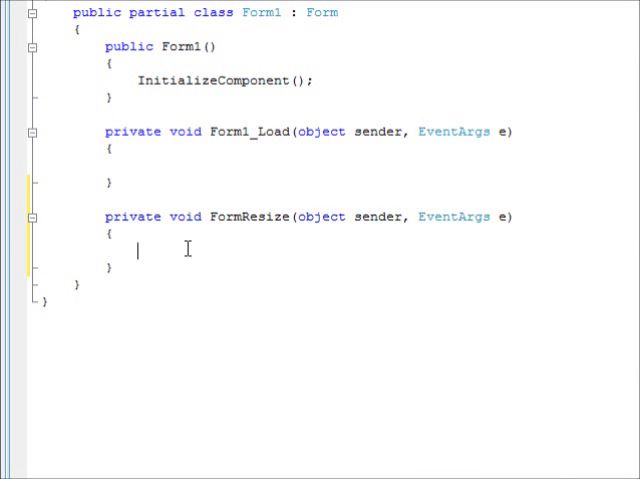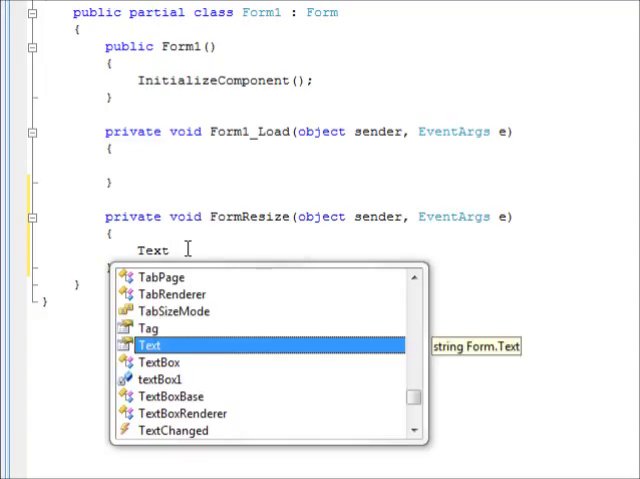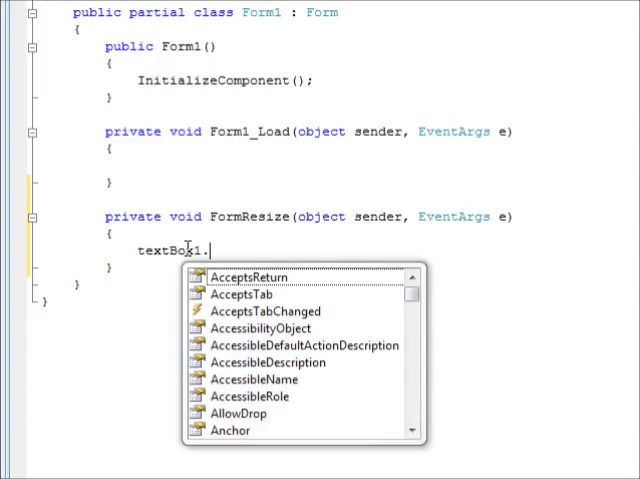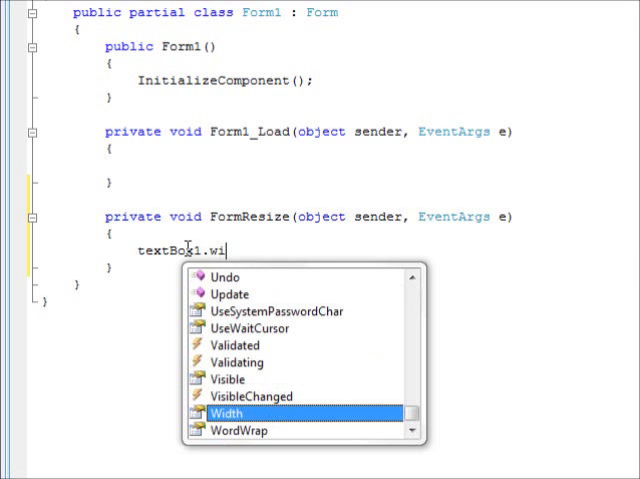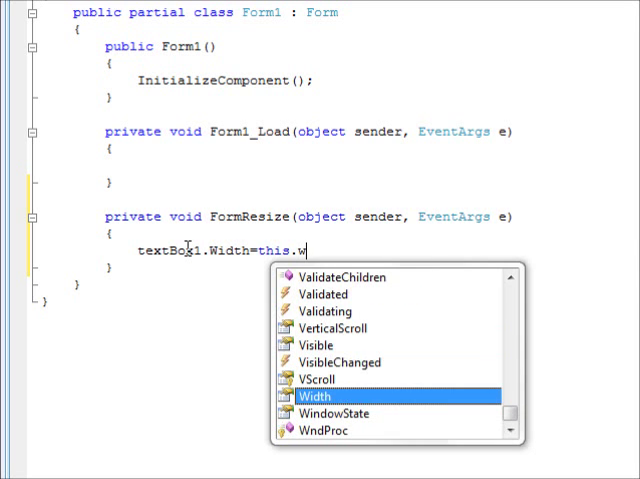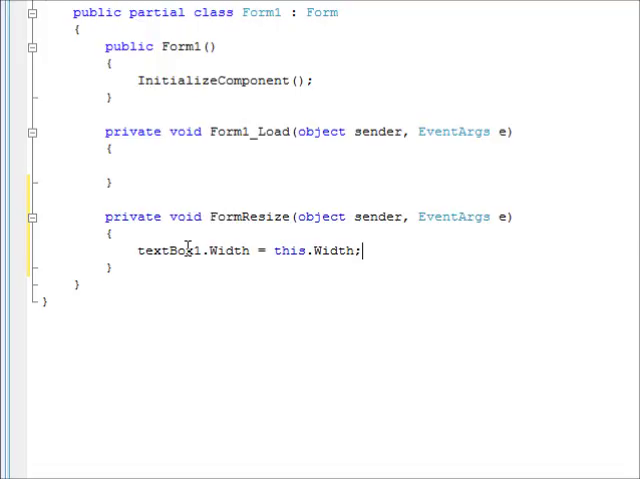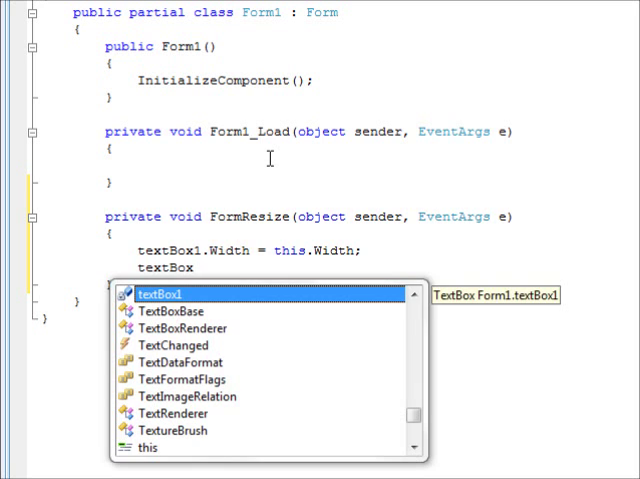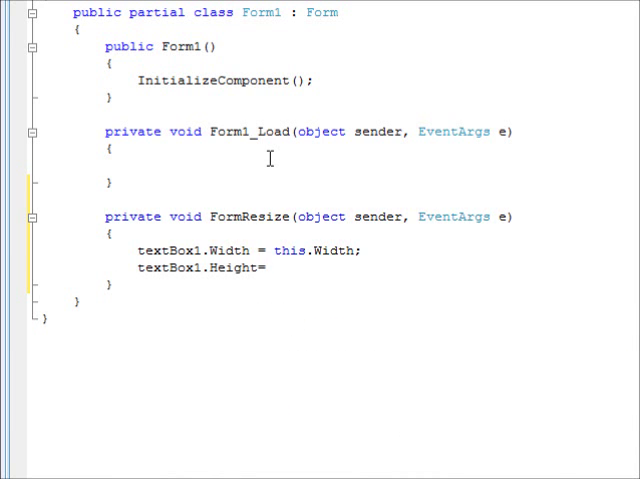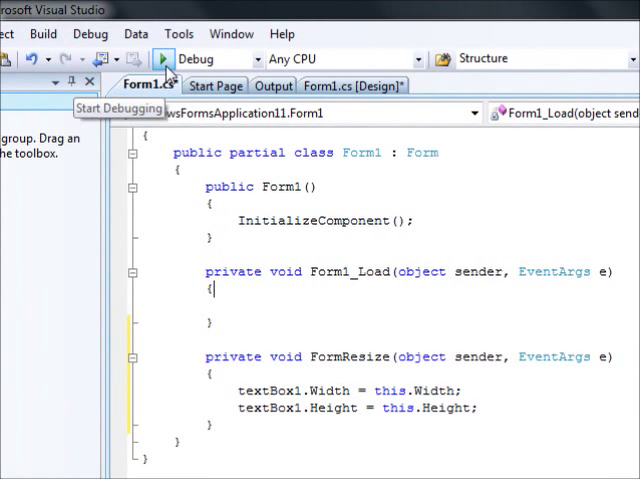And what are we going to do here? We are going to change the text box size at runtime. So I'm going to say text box 1 dot width equals this dot width. This dot width represents the width of the current form. But basically we want to well, let me show you this at first. Okay, and then let's see the problem. And text box 1 dot height equal this dot height. Okay, and now we are gonna run this code,